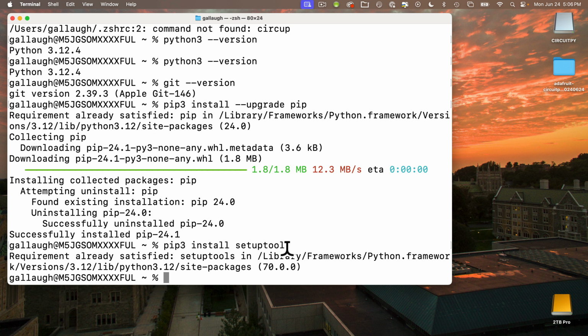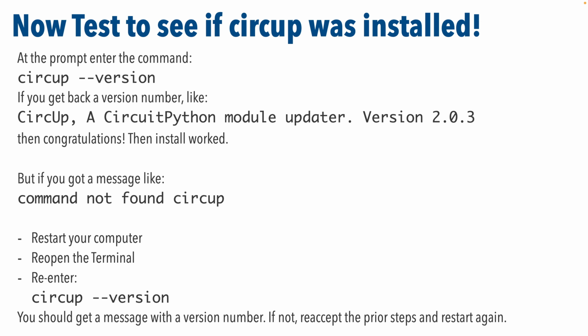To do this, enter the command pip3 space install space circup. Remember that's circup, all lowercase. Press return. Now I have a quick update here from an earlier version of this lesson. Try entering the following command at this point: circup space --version. And if you get back a message listing the CircUp version number, bravo and congratulations, you've